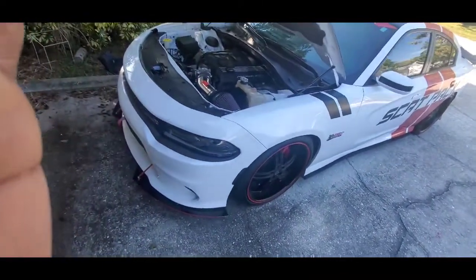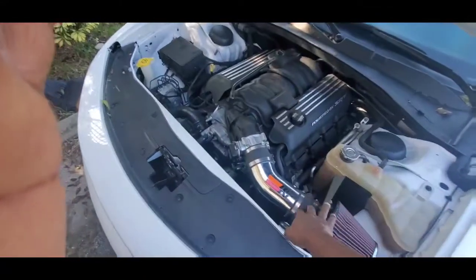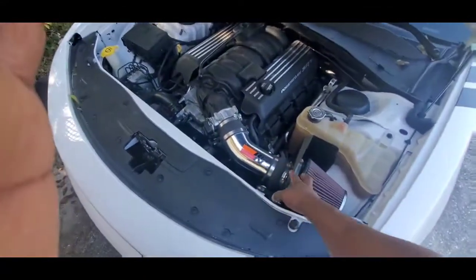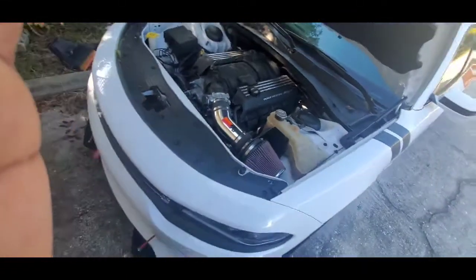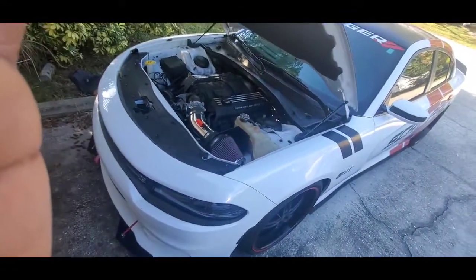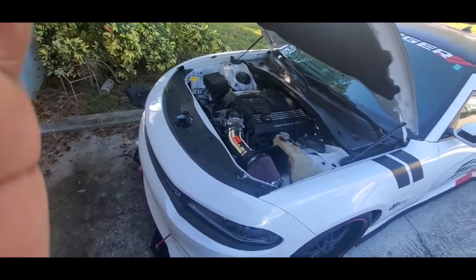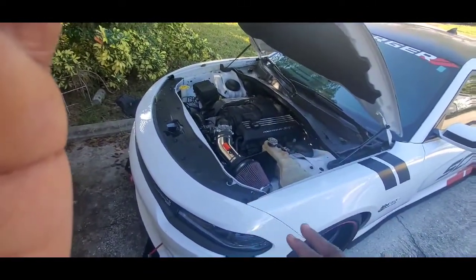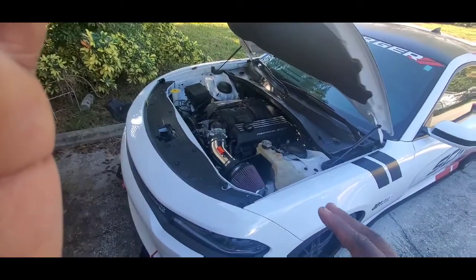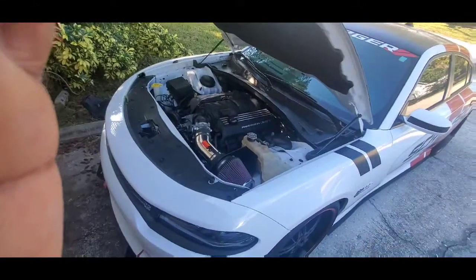Okay, so the last thing I got done was this Typhoon, K&N Typhoon air intake. That's the last thing that I just got put on there. So what I'm thinking is that the valve springs broke because, you know, I daily drive my car,